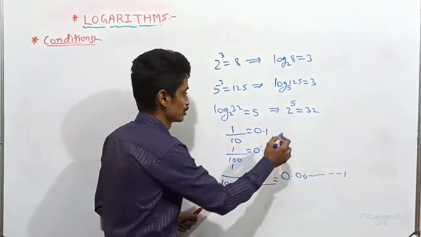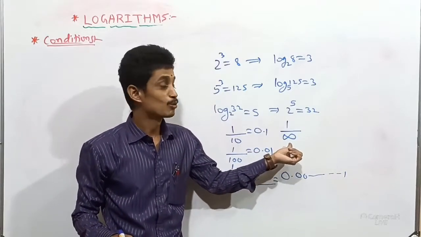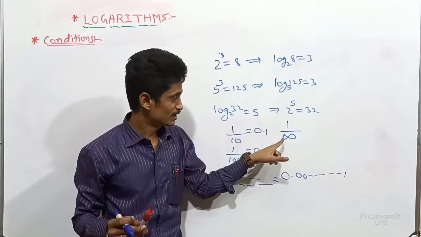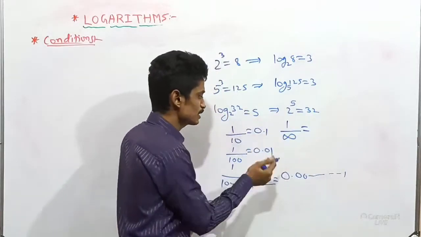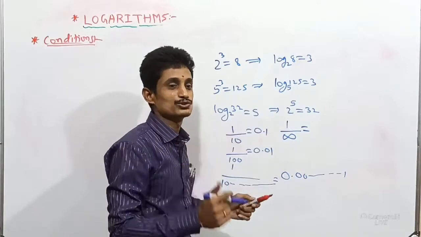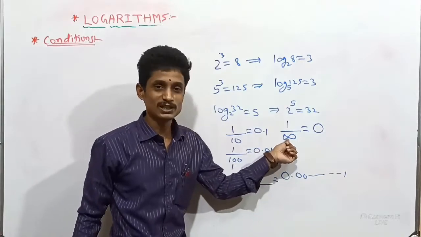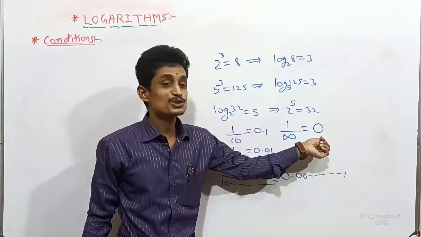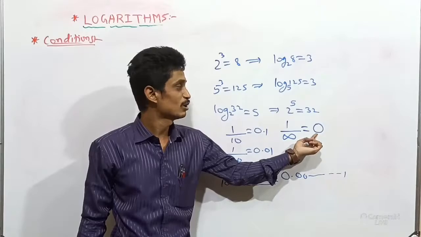That assumption we use is 1 divided by infinity. Infinity means actually we don't know what this number is. This is a very large quantity. When the denominator contains the largest quantity, what will our value be? Very small. Very small means that the value gets closer and closer to 0. In assumption approximately we write 0. Because here we don't know what the largest quantity actually is, then we don't know how small a value we will get. That's why with the assumption of infinity, your answer will also be 0.